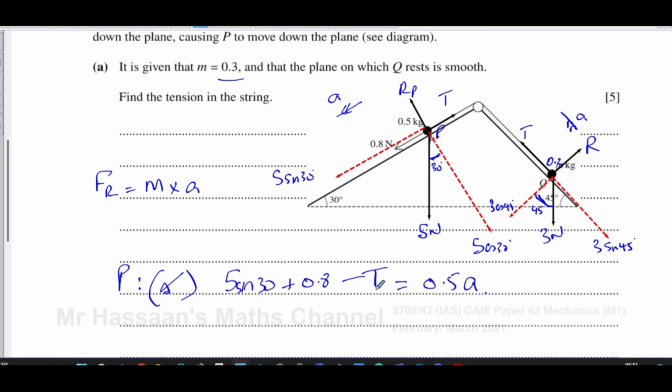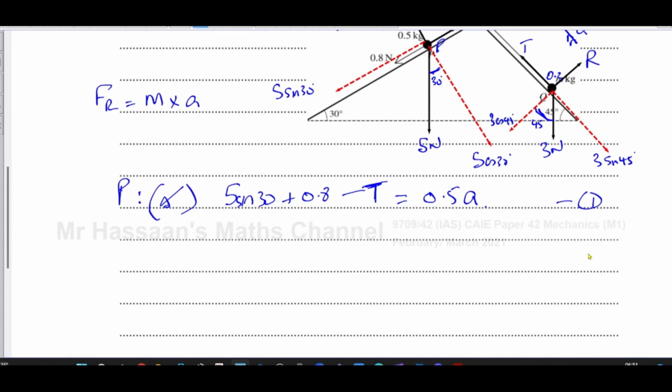Okay, we were trying to find the tension. We don't know the acceleration as well. So that's one equation from P. And from Q,